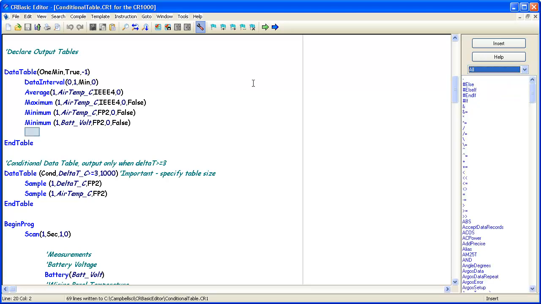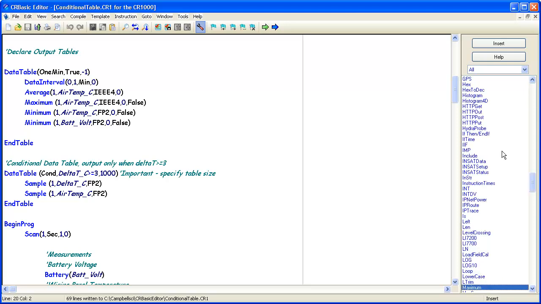Select All. With your cursor on a blank line where you'd like an instruction to be inserted, click anywhere in the instruction panel. Then type the first letter or two of the program instruction you'll need. In this case, we're looking for a maximum, so I typed MA. This jumps your selection to that location in the instruction panel. Now you can insert or get help about that instruction. Remember, put your cursor in the instruction panel to put the focus there, then start typing the first letters of an instruction.